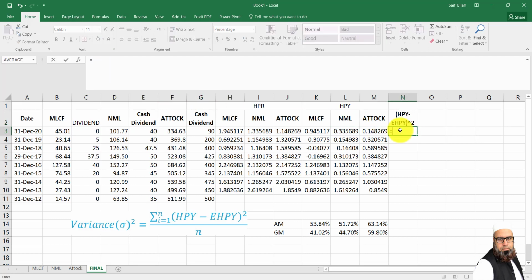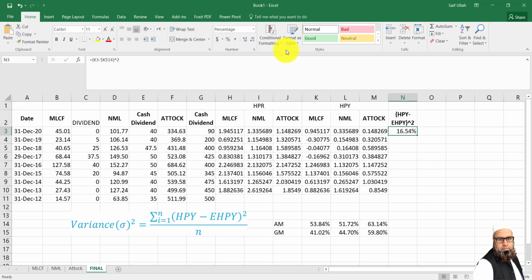Here I will press the equal sign, bracket start, HPY of MLCF minus arithmetic mean. Then I will press F4 to lock this cell, and then bracket close and square.